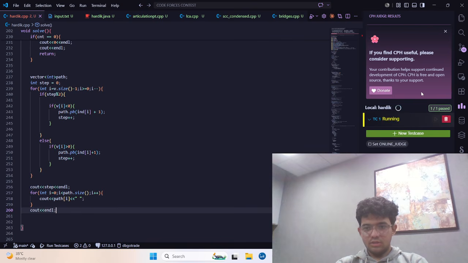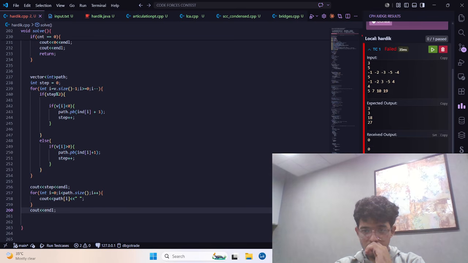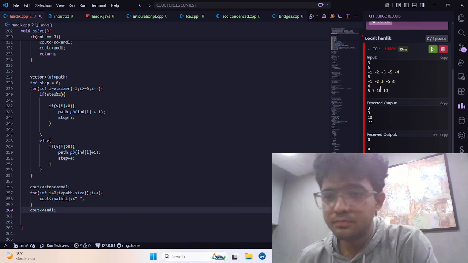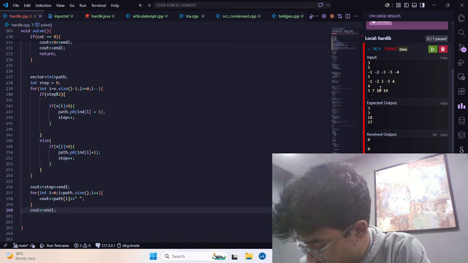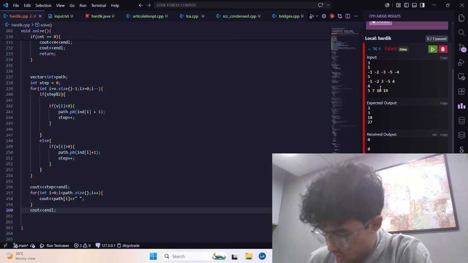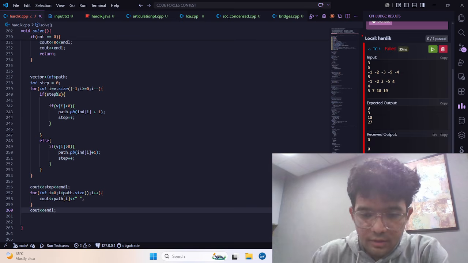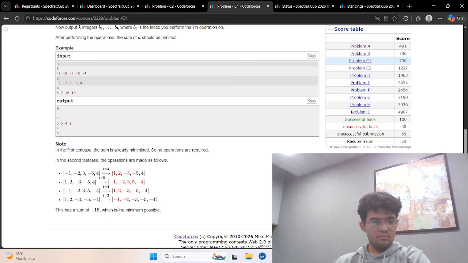I'll just test it once more. The output is 0, 0. Why? How 0? Okay. -1, -2. This is 0. And I push back 2. Then it's -1. And I push back 4. Okay. So after this, in the second test case, this is made. So this is the